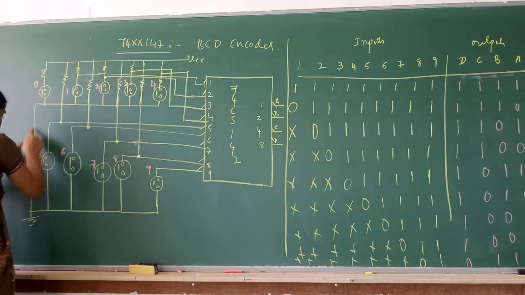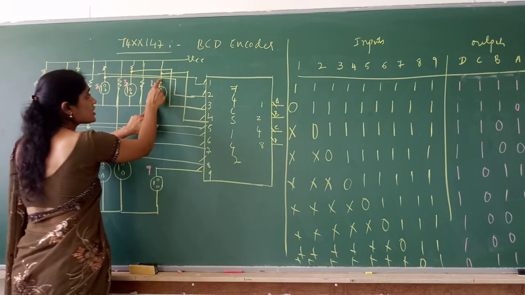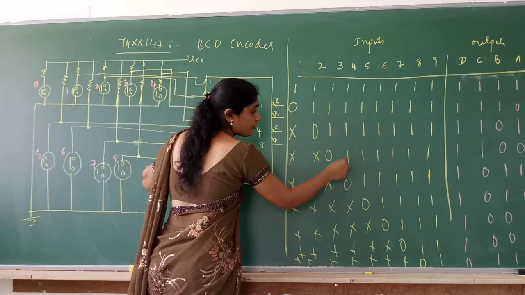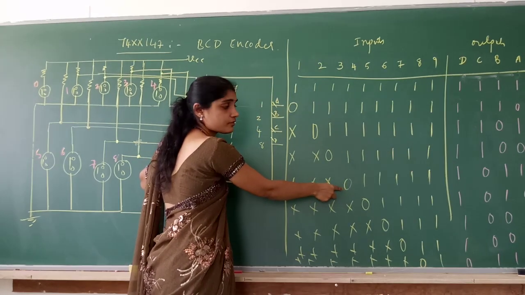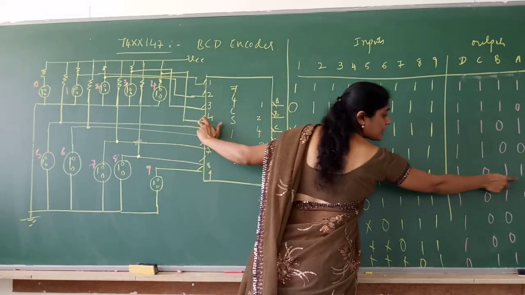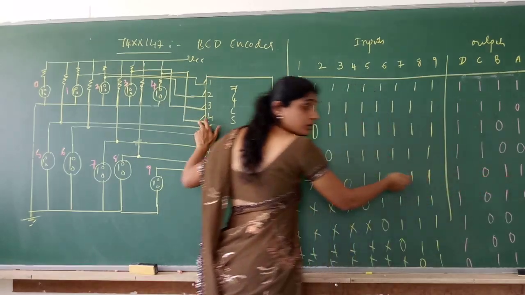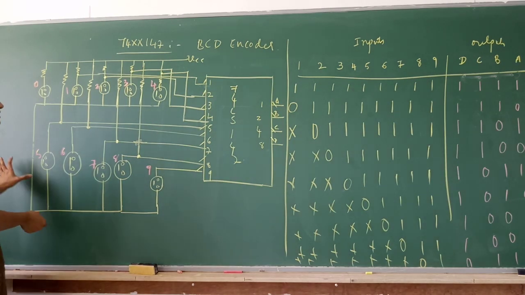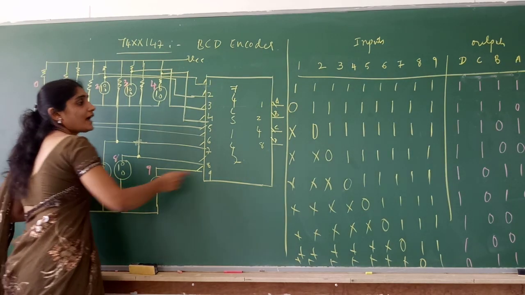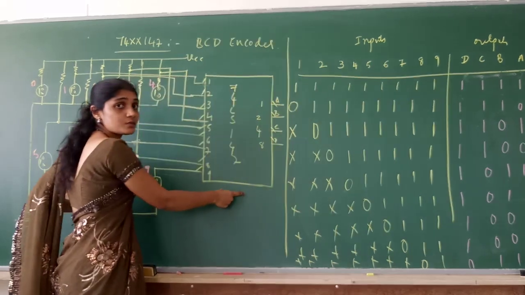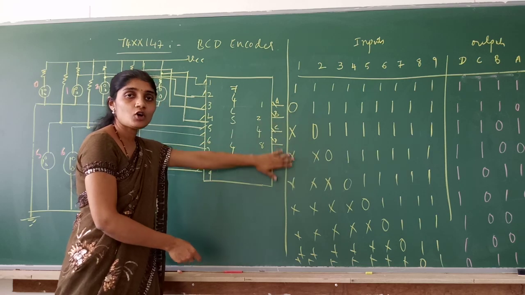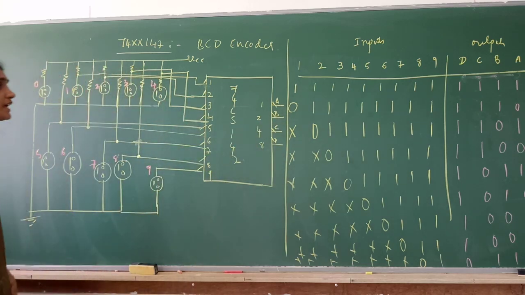Similarly, if you press decimal key 4, what happens? This will be connected to ground, so logic 0 will be sent to pin number 4. Whenever you have logic 0 at pin number 4, this particular line is active, and this will be encoded as 1011. That means 0100. Okay. So that's how this circuit is going to work, where we use 74XX147 to interface a keypad and a computer. So these decimal numbers will be encoded into BCD. This is one of the important applications of 74LS147 that we come across.